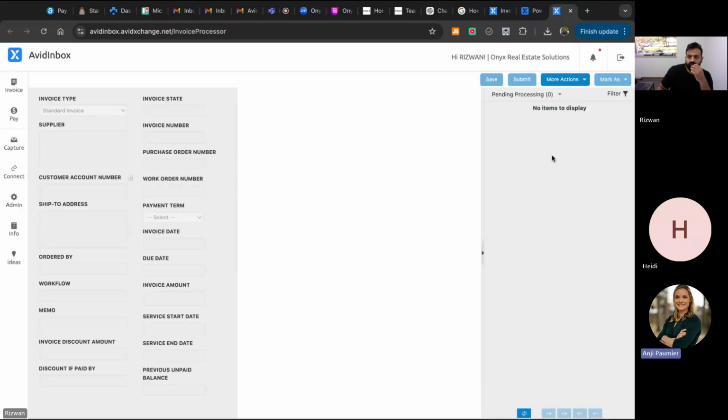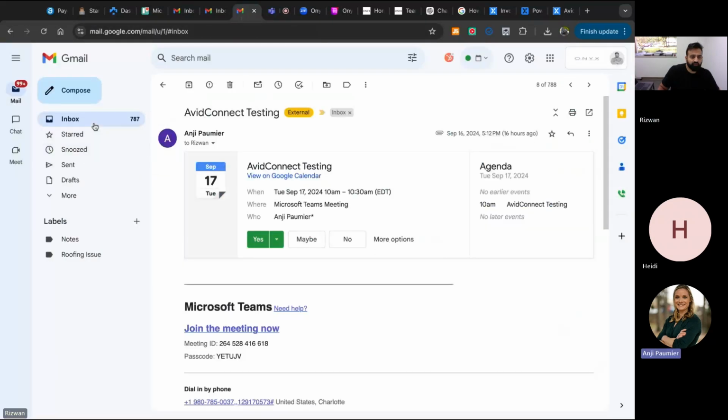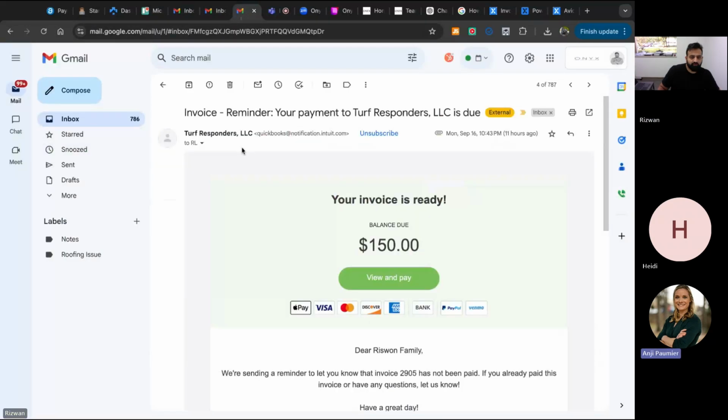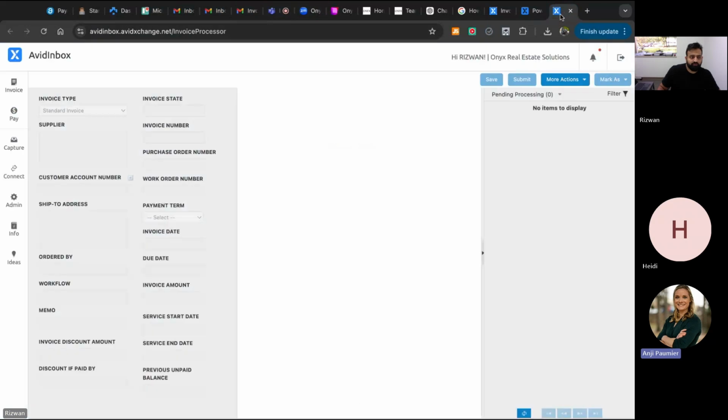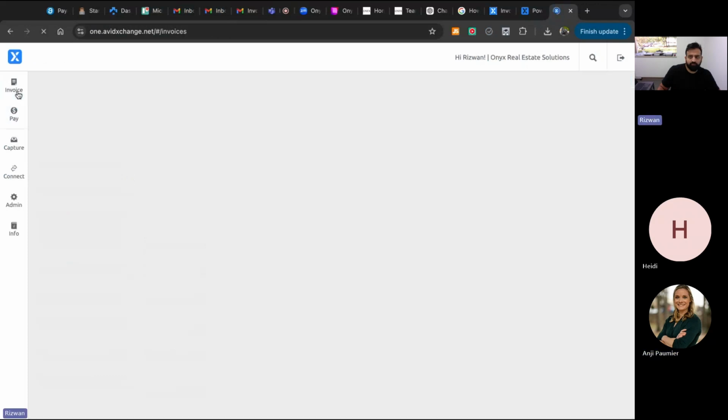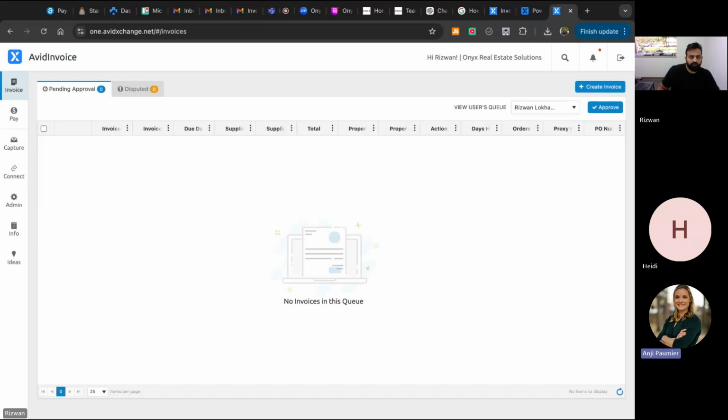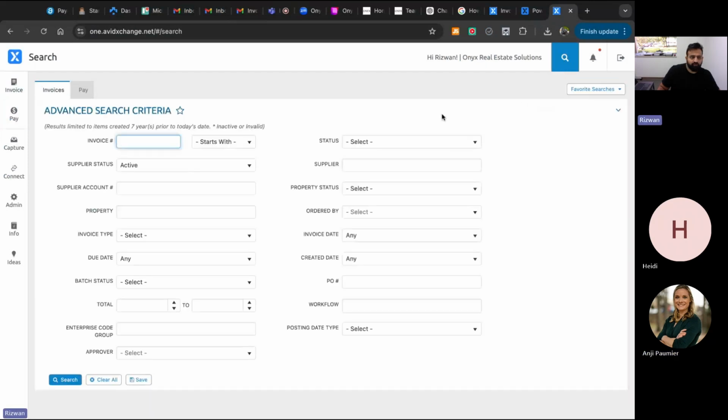All right, it looks like you don't have anything in pending processing. Are there any in approval queues? We can go to that piece if we wanted to, or if you want to forward something to the inbox, that's okay too. Where's the approval queue? If you go to the invoice, yep, go right there. Or we can do a search. So if we just hit that search at the top,